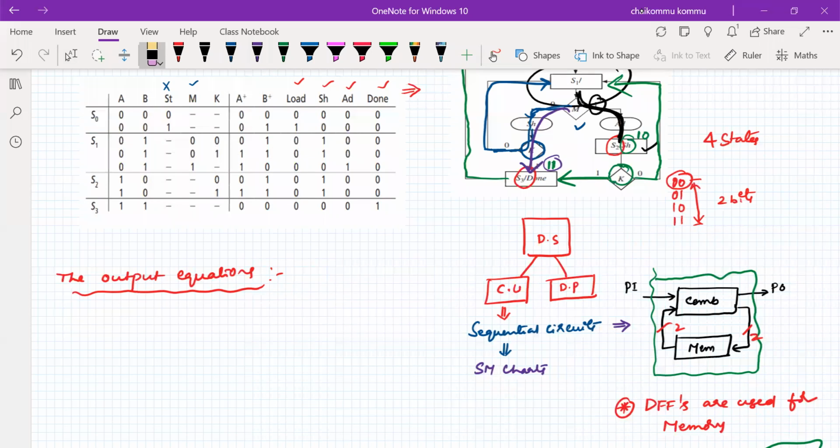What are the min terms we have here? For example, I want to write A plus. What are the min terms? That means wherever you find the min terms for the A plus, those inputs are responsible. Okay, for the first one, what is the responsible one? This is the responsible vector. Okay, so how do I write it now? A complement, B, dot M complement, dot K. Do you agree with me?